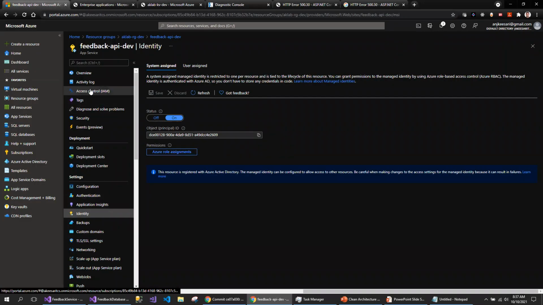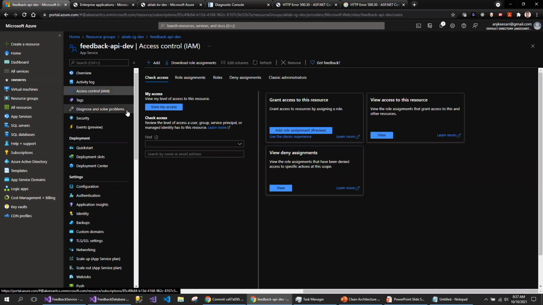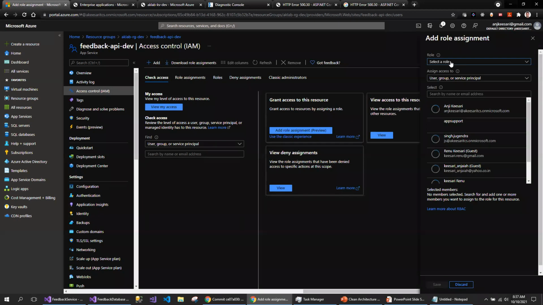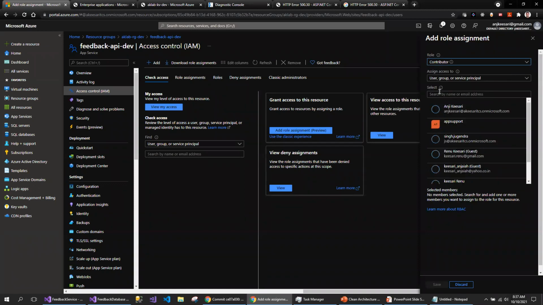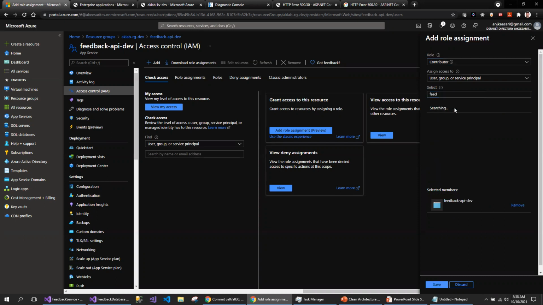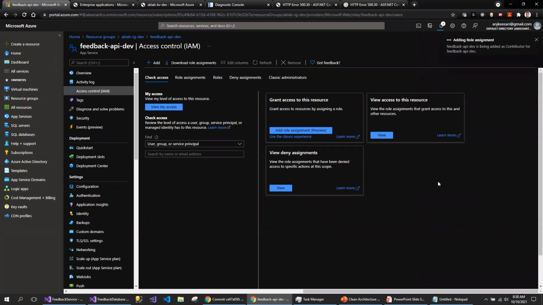So I'm sure I'm still getting the error. Let me go and add under the IAM. Right now, I don't have access, so maybe I can add feedback API as a contributor. I'm going to provide contributor access.